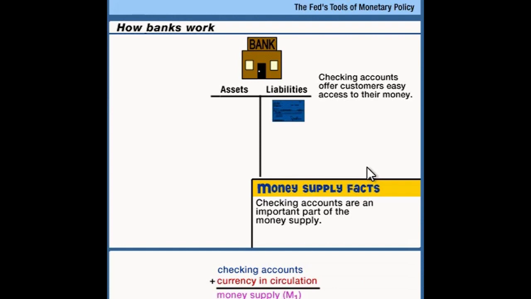Again, people put their money into checking accounts because they like the convenience of taking it out when they want to write a check. But banks can attract money through other sources as well. They can offer savings deposits. They can offer you a certificate of deposit. They can offer you other accounts that pay higher rates of interest, because in order to get you to put money into one of these accounts, you've got to give up the convenience of being able to take it out exactly when you want to.